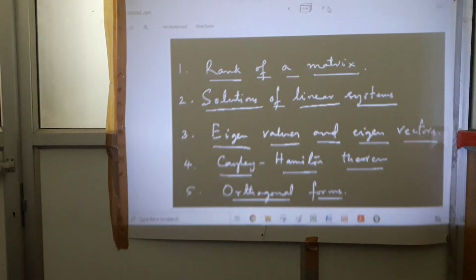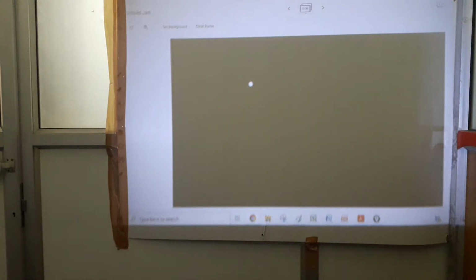Actually, there is a definition for rank of a matrix, that is, you will talk about minors and then zero minors, non-zero minors, all these things. But what I am trying to talk now is only the very special, very important points which I can cover in a short period of time. So I am not talking about the definition of the rank of a matrix. Just I am telling how to find the rank of the matrix. The easiest way to find the rank of the matrix is this echelon form.